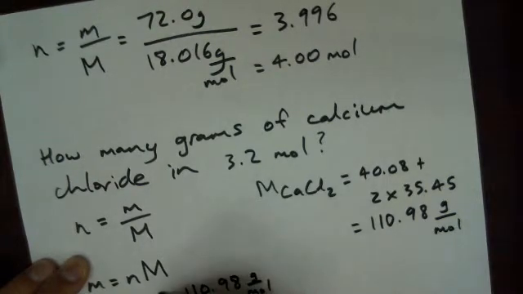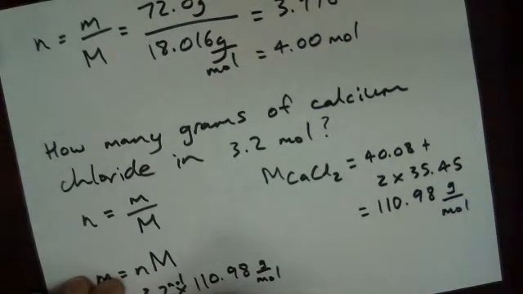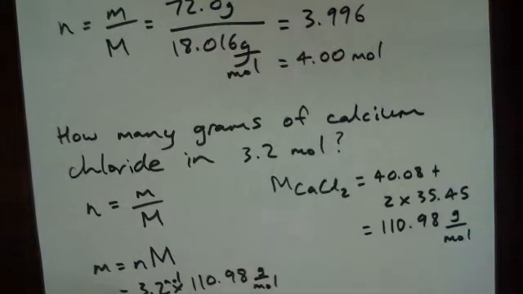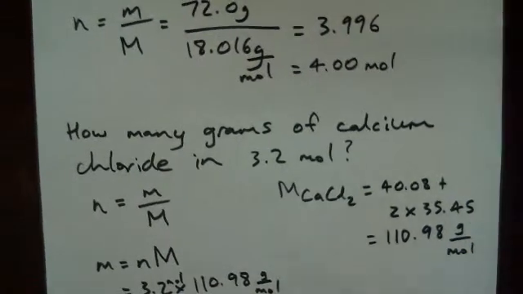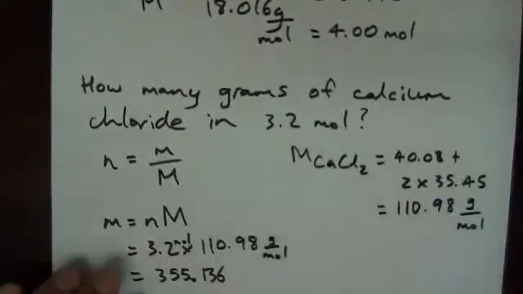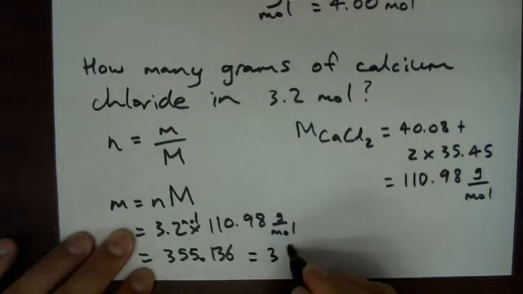I should write mole in here, and so that will equal 355.136. Now, how many significant figures do we want? Well, the question was reporting 3.2 moles, so for our answer we want to write this to two significant figures. So this would be 360